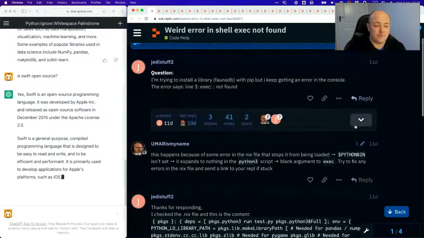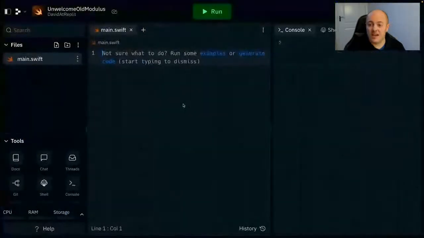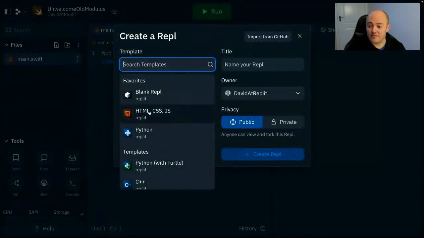Okay, I want to look at this one because we get these questions and issues a lot, with people trying to install specific libraries, particularly in Python, the old-fashioned way, or rather the classic way. Pip install is great, and you can use it through Replit, but we have our own package manager, and the vast majority of packages are there to be installed and have been tweaked to work properly and quickly behind the scenes. So if we start a new Python REPL,